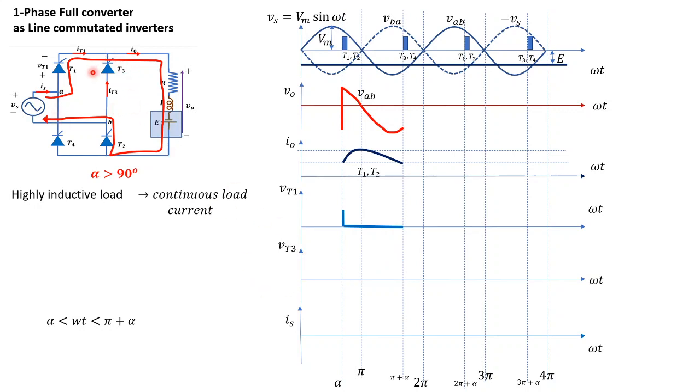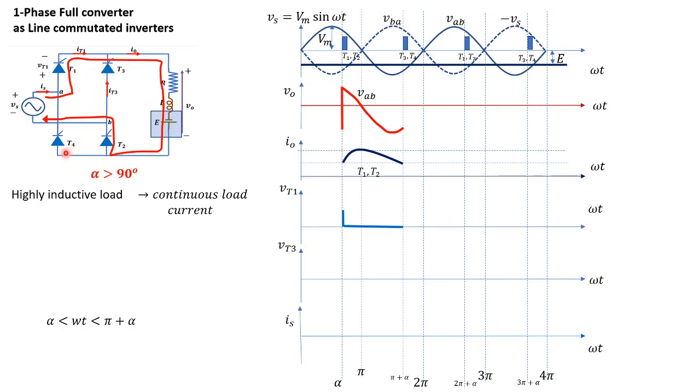Now VT3, the voltage across thyristor 3: you can see the cathode of T3 is directly connected to terminal A, because it is short circuited through thyristor 1. So the A terminal voltage is the same as the cathode terminal voltage of T3. Similarly, the B terminal is shorted, connected to the source negative terminal. So the voltage across T3 would be the same as VBA with this polarity, cathode positive, anode negative.